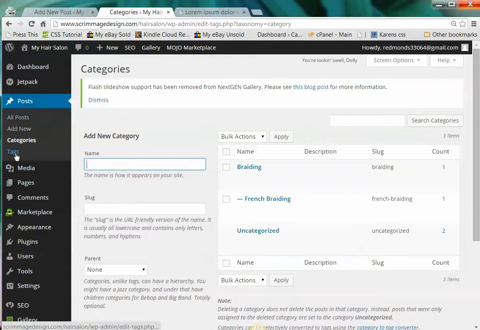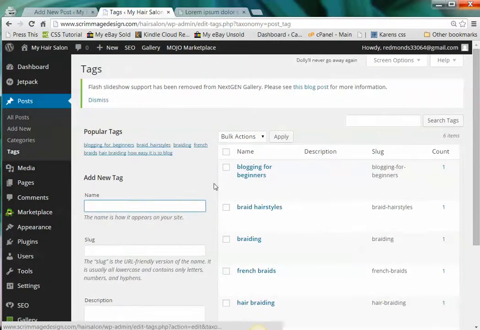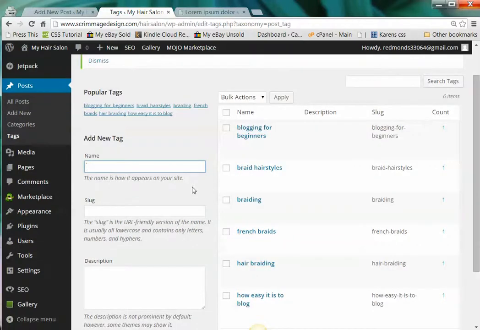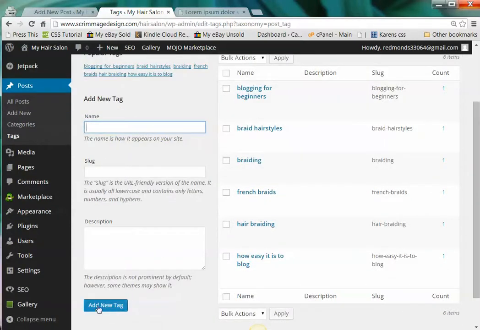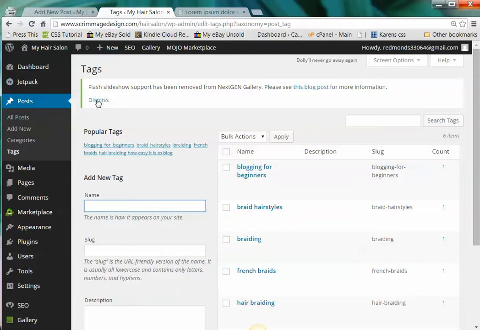Okay, and the same thing with tags. If you have a list of keywords and you want to put them all in at the beginning when you have them with you, you can do that here. You can add one tag after another, and then when you're blogging, you can click on where it says frequently used tags, or however it's phrased, and then all of these tags will come up and you can choose from them. So that's pretty much it